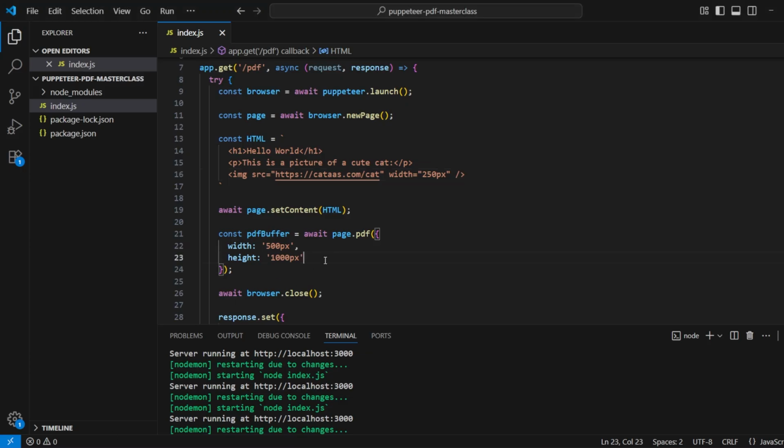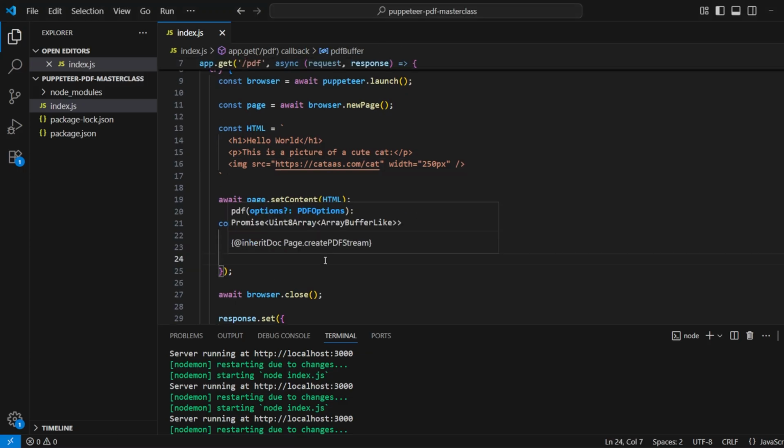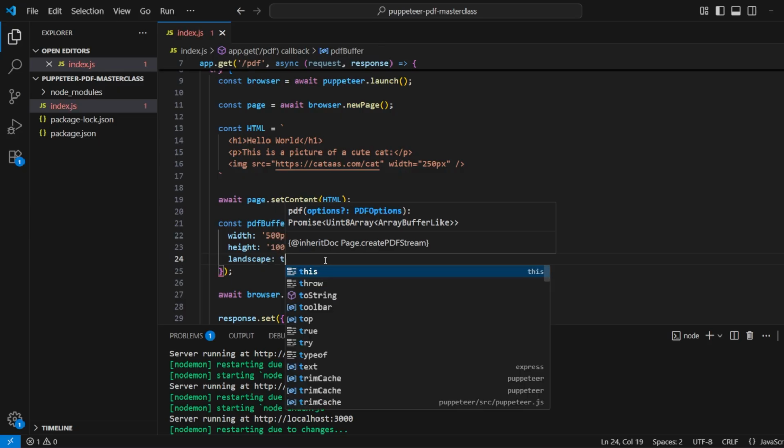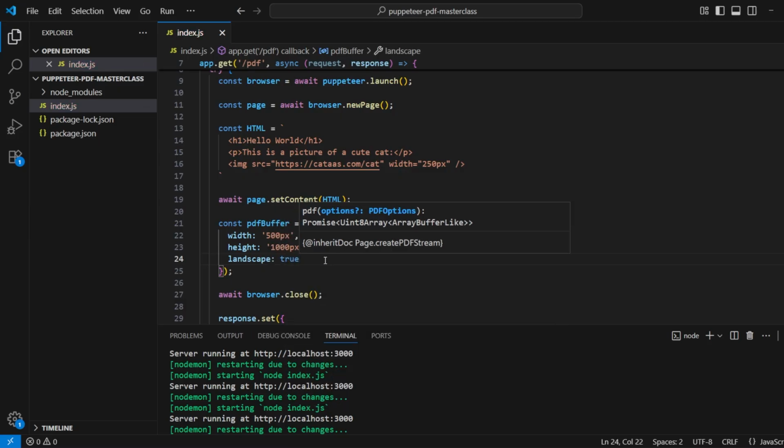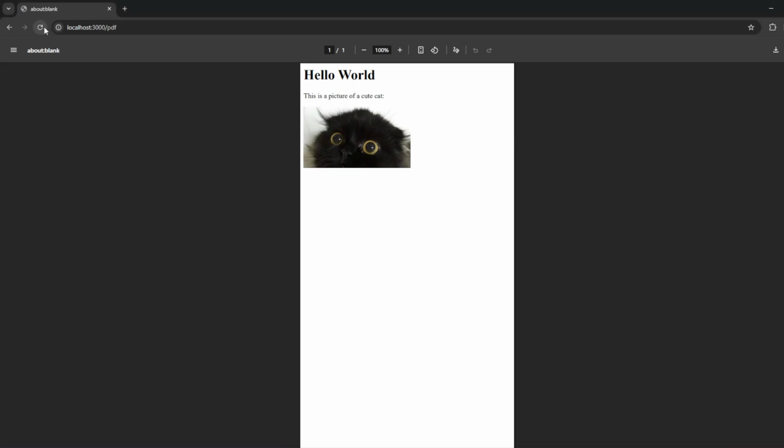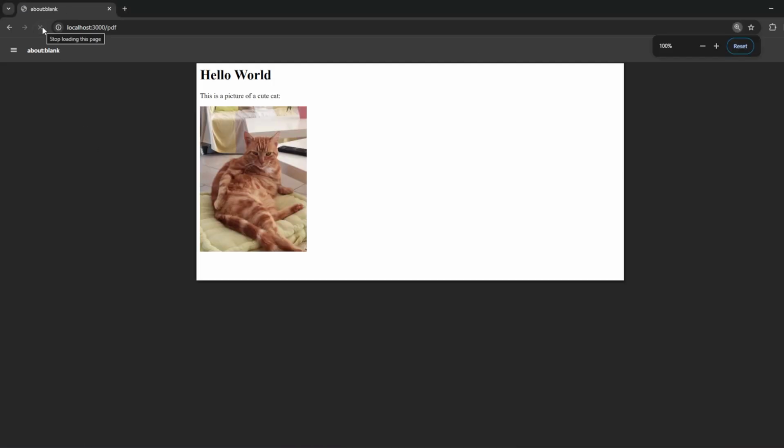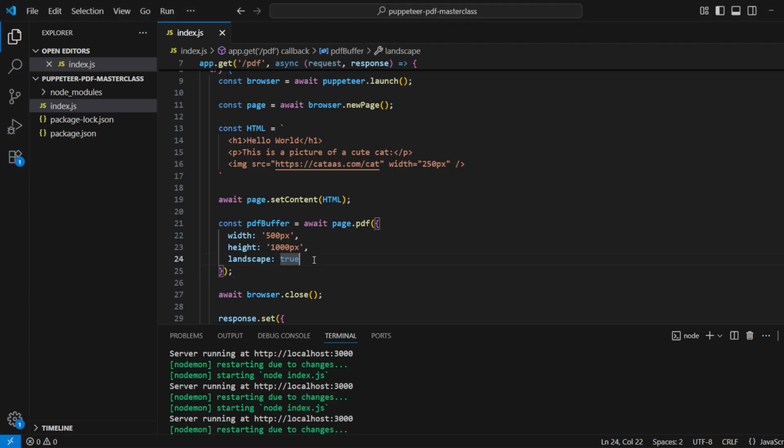Now let's go back and change the orientation to landscape. Landscape true. If I go back again, you can see the orientation change to landscape mode. Now let's go and try